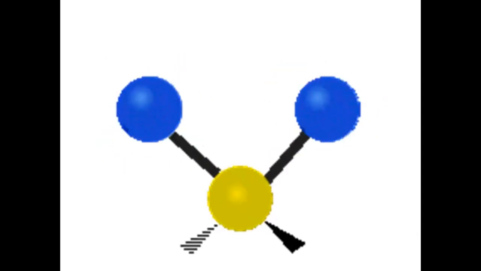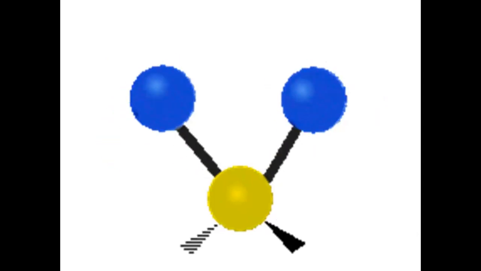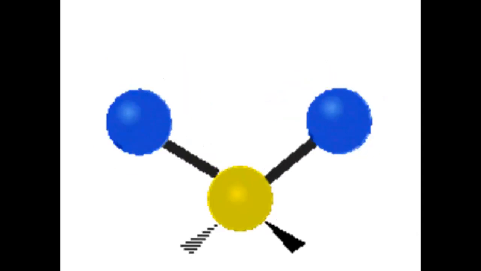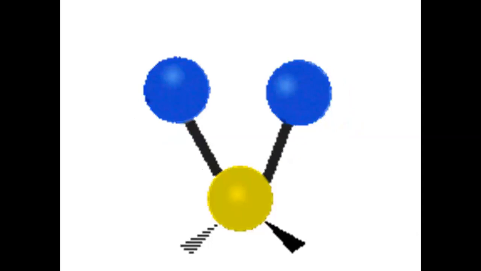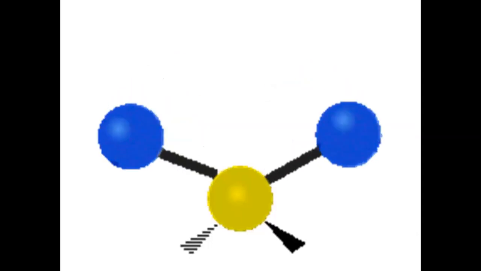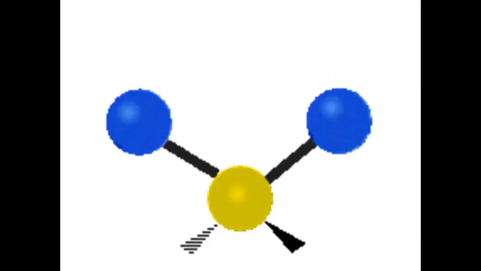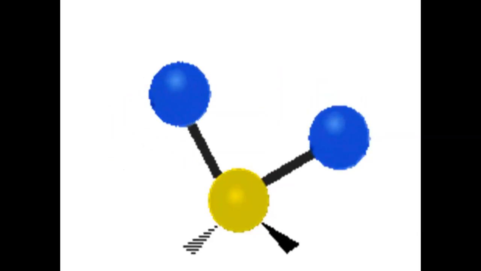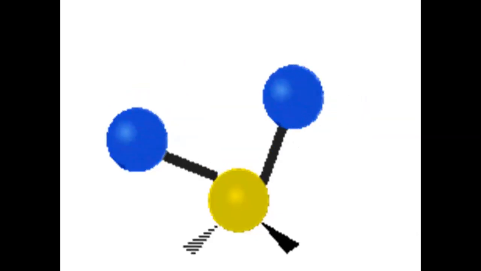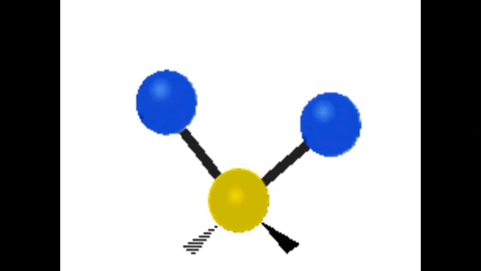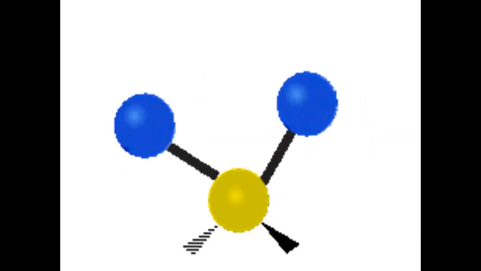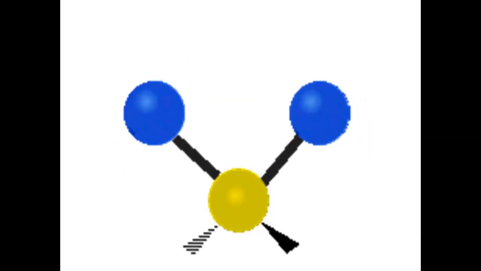What is this? This is a bending kind of vibration, and whether it is in plane, yes, it is in plane. And the atoms are not in agreement. They are going in opposite directions. Does it look like scissors? Yes, it is. So it's an in plane scissoring kind of vibration. Okay, what is this? It's an in plane, correct? The atoms are not changing their plane, so it is in plane. The atoms are in agreement, so they are rocking in a dancing mode. So it is a rocking vibration.